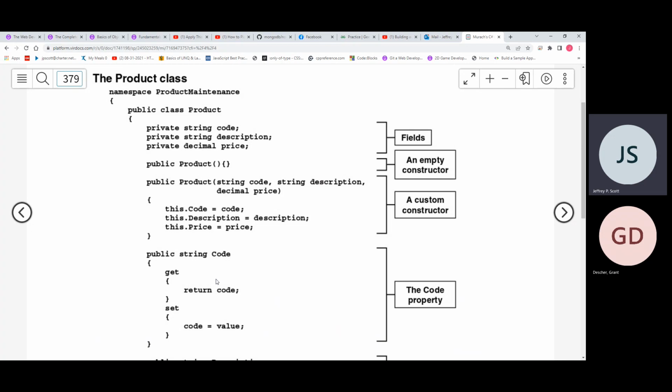Then the next thing that you see in there says public product, paren, curly brace. That's what's called an empty constructor. If I create a new product object like that, it'll take the code and set it to the empty string, and it'll take the description and set it to the empty string. Remember, the empty string is double quote, with nothing in between. And it'll take the price and set it to 0. So if it's a new product, but it doesn't have a code yet, a description yet, or a price yet,